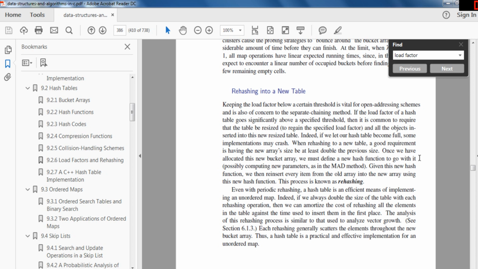When rehashing, when our hash table becomes full, some implementations may crash. So when rehashing, a good requirement is having the new array be at least double the previous size. Once we have allocated a new array, we must define a new hash function to go with it. Given this new hash table, we can insert items from the old array into the new array, a process called rehashing. So they're basically saying,